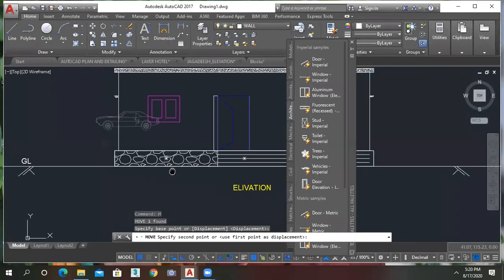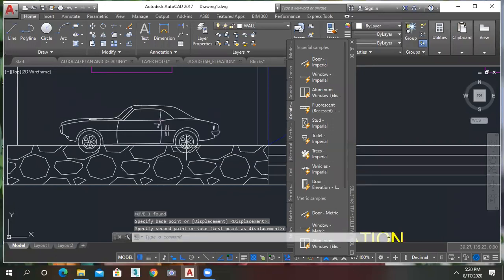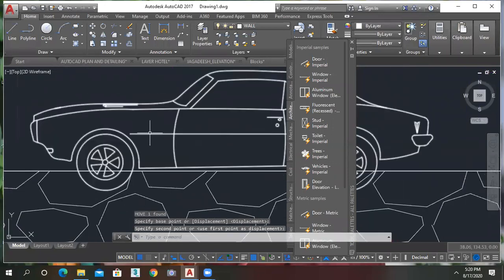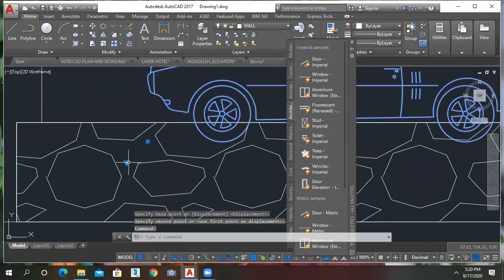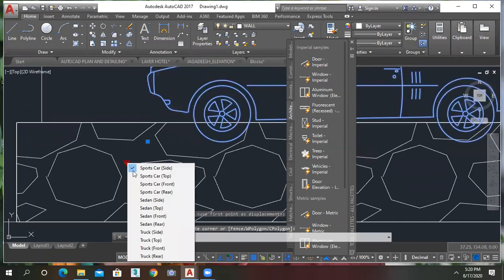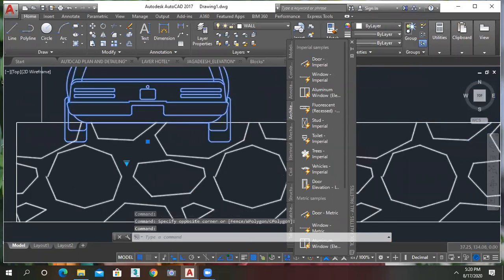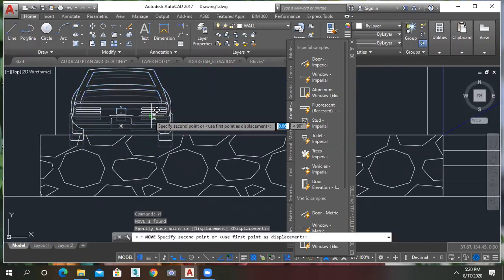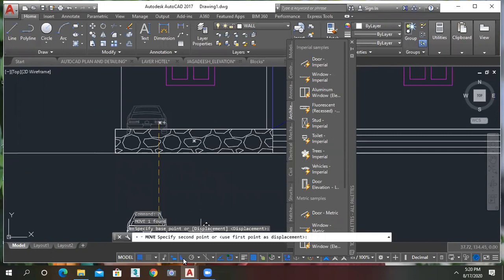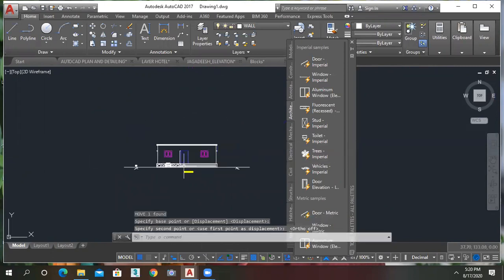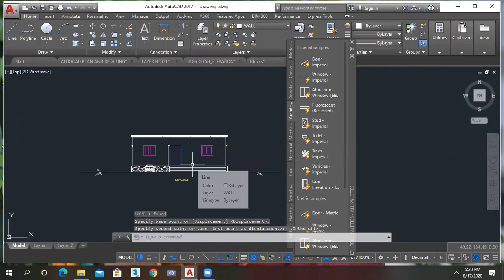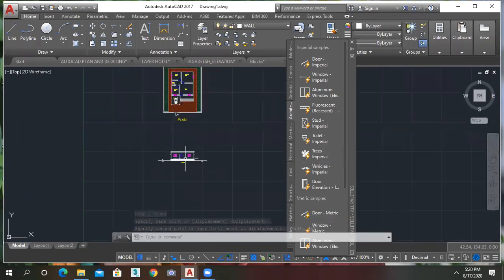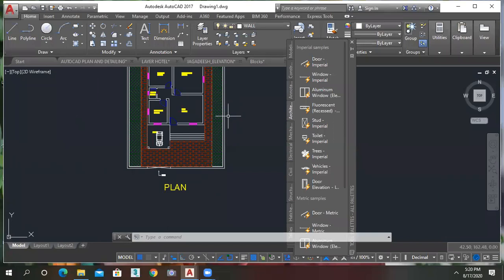We have to change the side also. Go here and here. Yeah. And keep it on the ground. Okay. Is there any doubt about the tool palette?